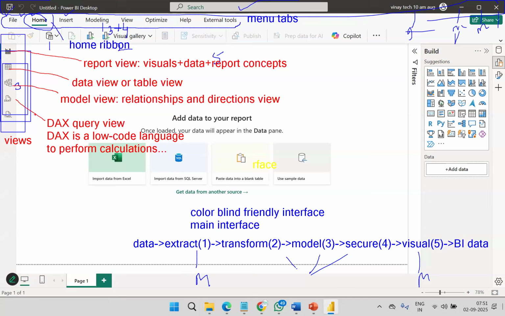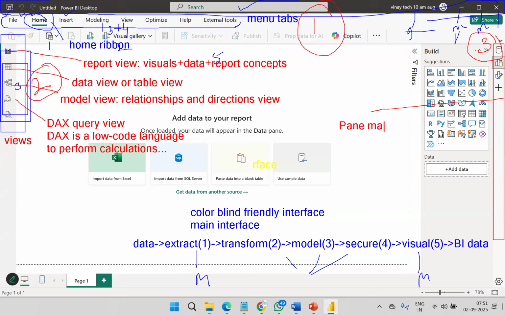Multiple views. Menu tabs. This is a pane manager. So first important area, second important area for options, third important area. These three important areas you need to remember for options. Maximum options here. And this is the pane manager. And we have the data pane.